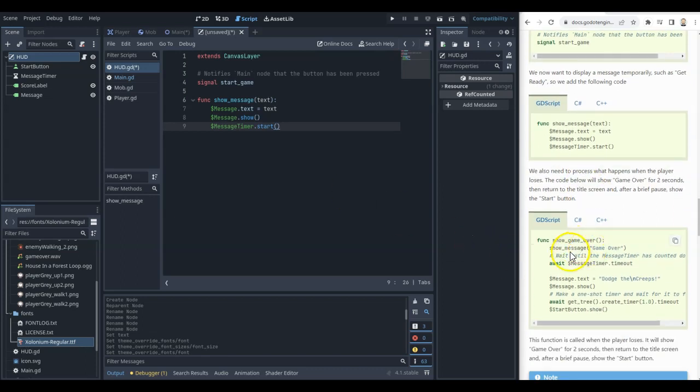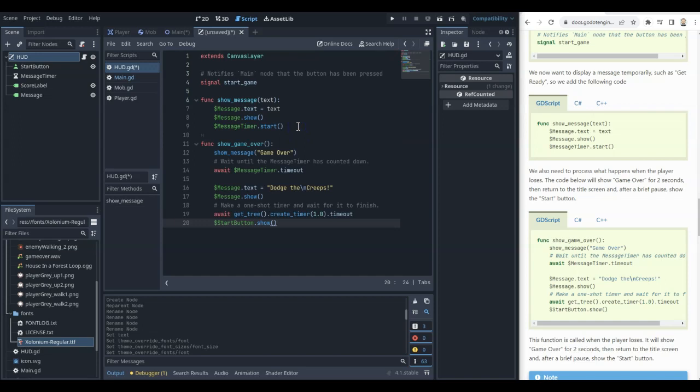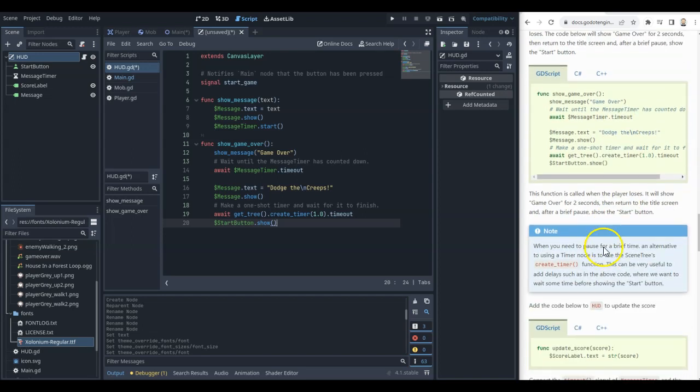So let's do that. We've got our show game over, and that's going to also do some messaging. So let's copy that and put that in here. Again, make sure you're reading through all the notes that are here, not just copying the text that I'm doing at the moment. As always, this is just a quick showing you how it should be put in, not necessarily going through the details. Okay, so